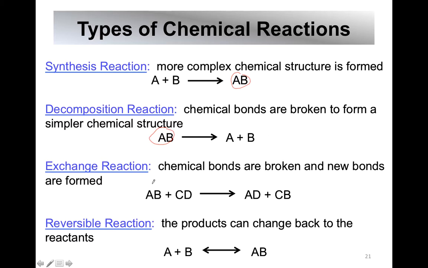Exchange reactions are when you take two molecules, two compounds, and A and B separate, and then A combines with D, so you go from AB plus CD to AD and CB. You have two different things. Reversible reactions are denoted by these double arrows because it can go in either direction. Okay, so the products can become the reactants, and the reactants can go back and become